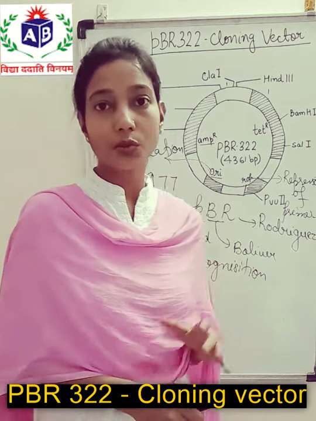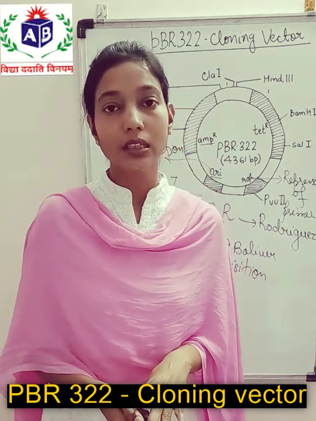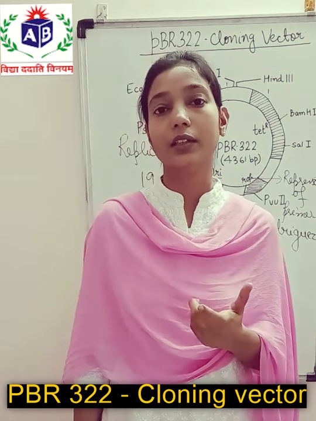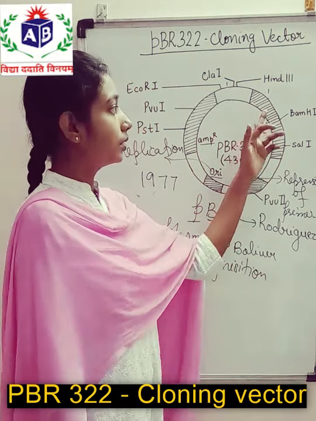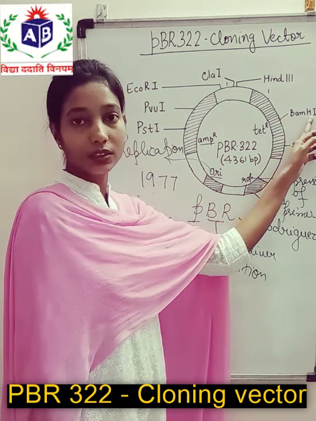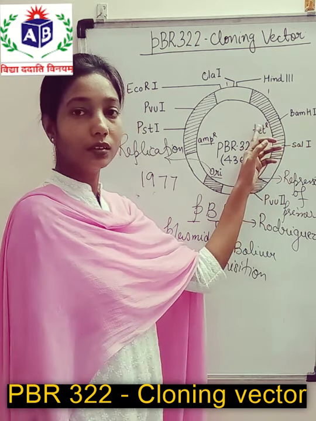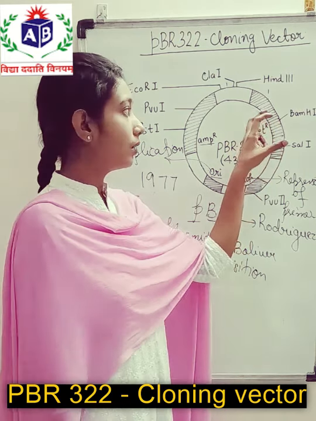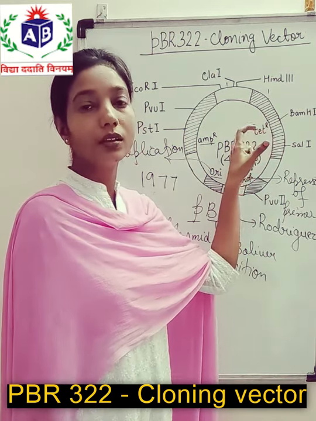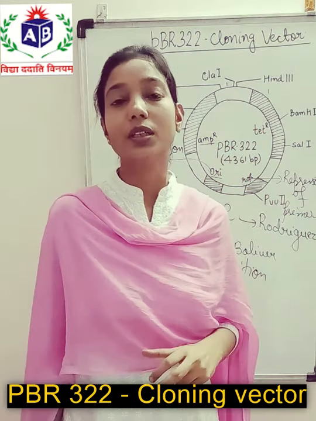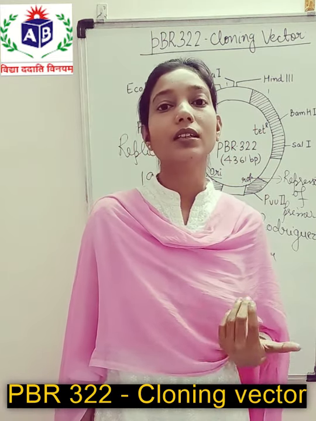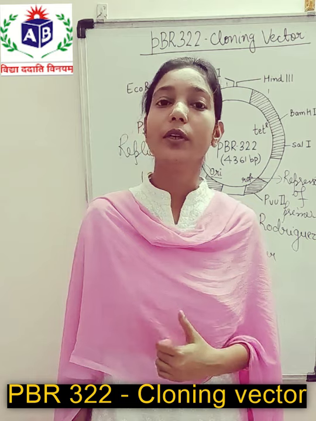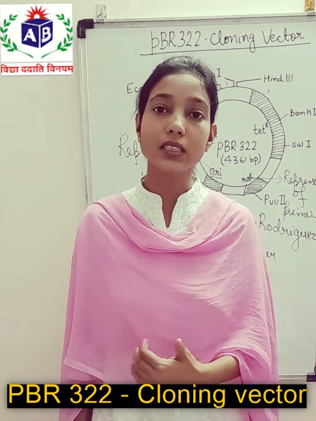Now for cloning purposes, usually in pBR322, the DNA is cut open at a particular site present in a selective marker. For example, in pBR322, usually BamHI is the site at which the DNA is cut open, which is present in the tetracycline resistance gene. Now when a particular DNA is inserted through the BamHI site, it will cause the tetracycline resistance gene to become non-functional. Later on, this property of the recombinant plasmid will be utilized for selecting non-recombinants from recombinants.